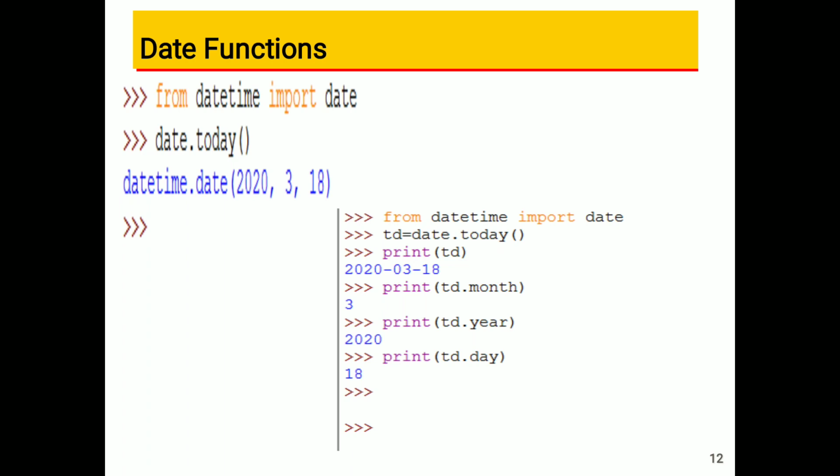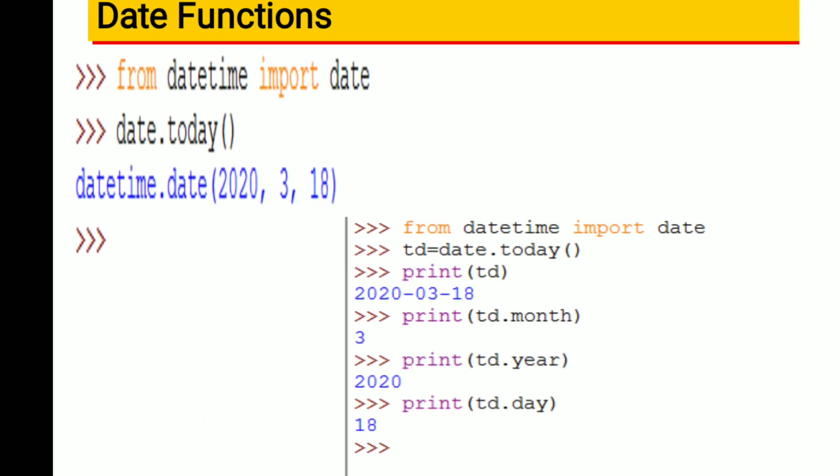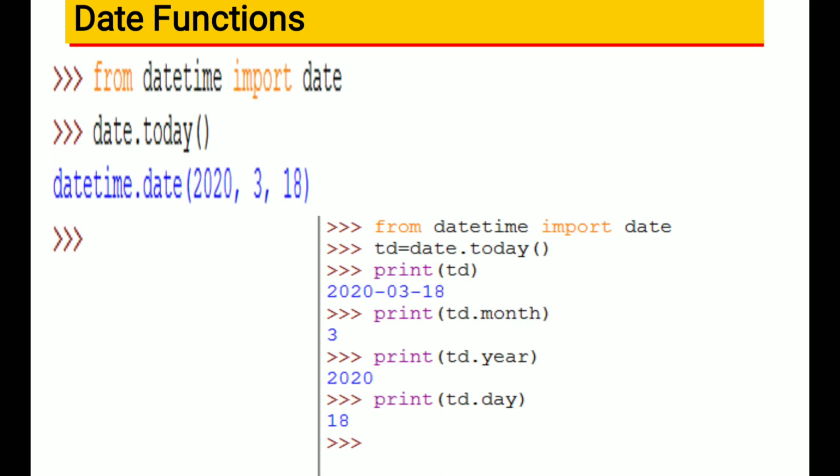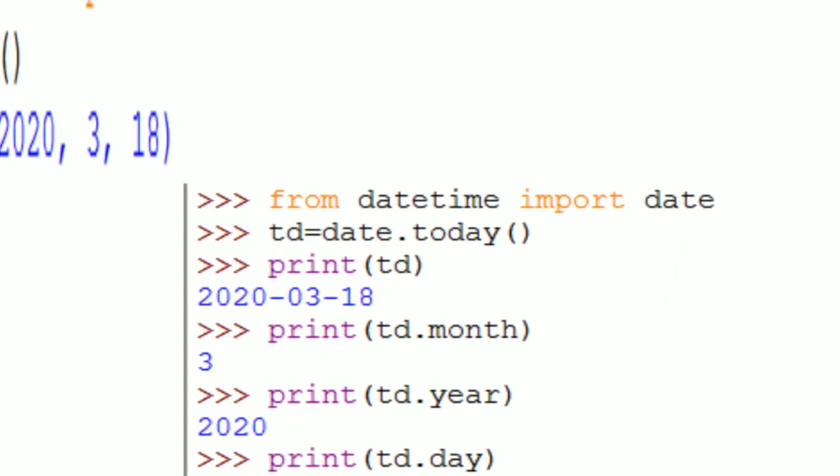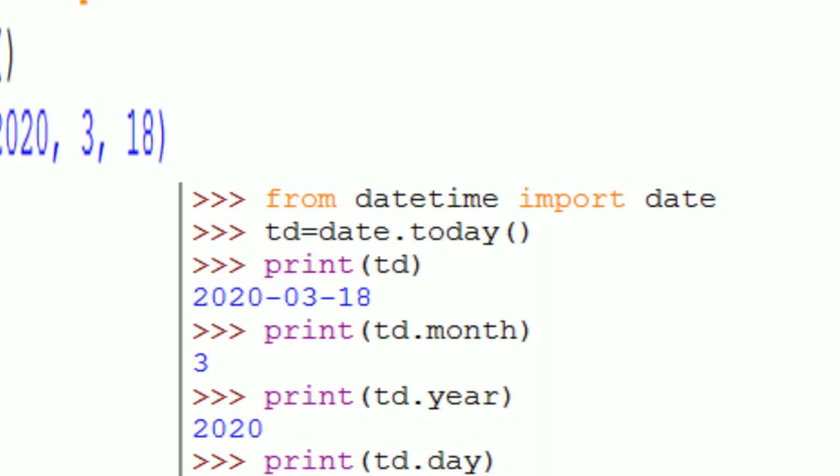Date functions. From datetime import date. date.today. From datetime import date, td equal to date.today, print td, 2020/03/18.